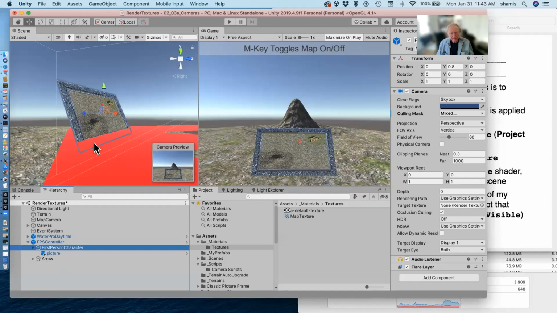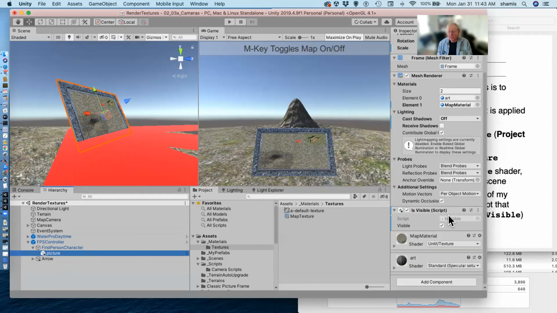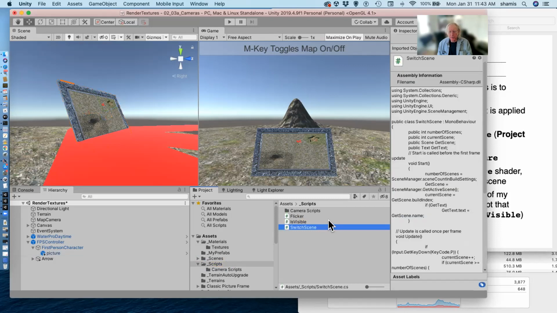And so I've made this object. It has a transform. It has a mesh renderer that actually has two materials on it. One is art, which is this frame that goes around it. And the other is the map material, the material that has the map texture that is written to by the camera. And I've got this little script here, is visible,